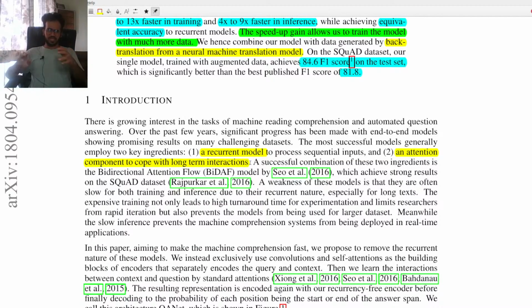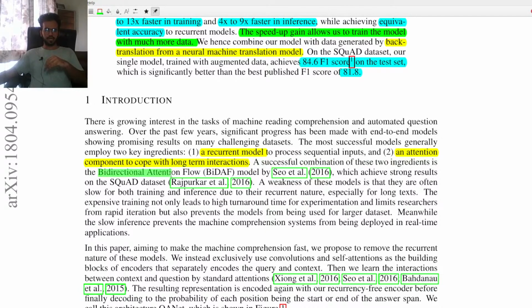LSTMs were introduced for long-term interactions instead of RNNs, because of exploding and vanishing gradients, but still the capacity to store and attend to previous context diminished when we add longer and longer paragraphs as we require in a question answering setup. So attention was used for that. A successful combination of these two ingredients